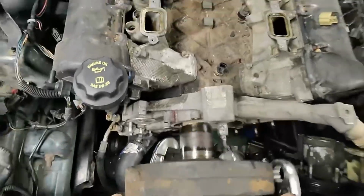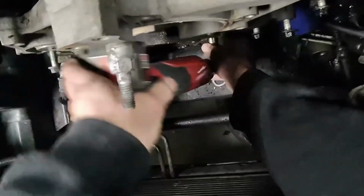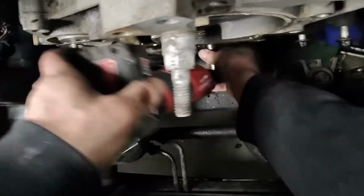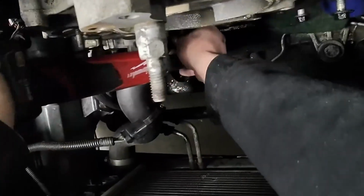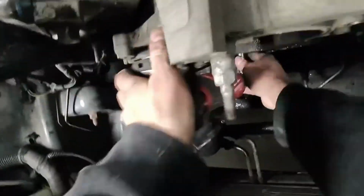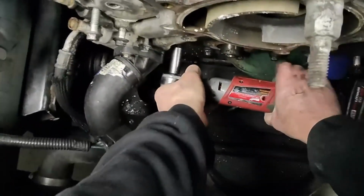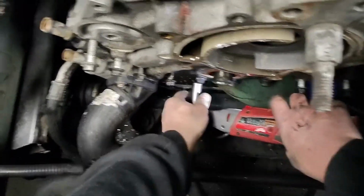Ta-da! Sick. 1, 2. There's 4 bolts buried back here. Come on, buddy. And then this whole timing cover should be able to come off right about